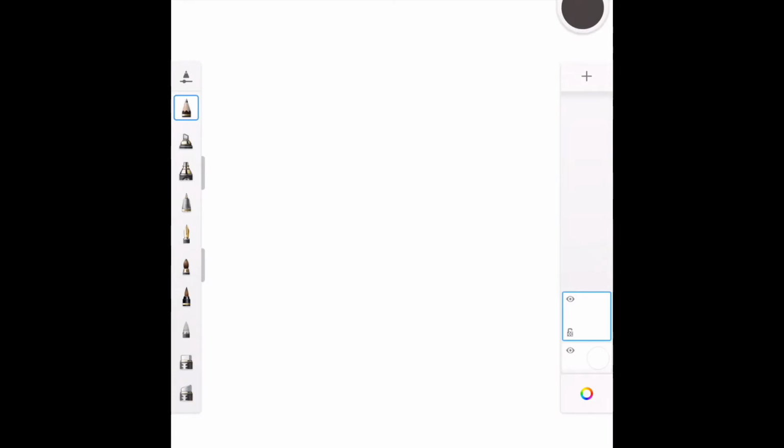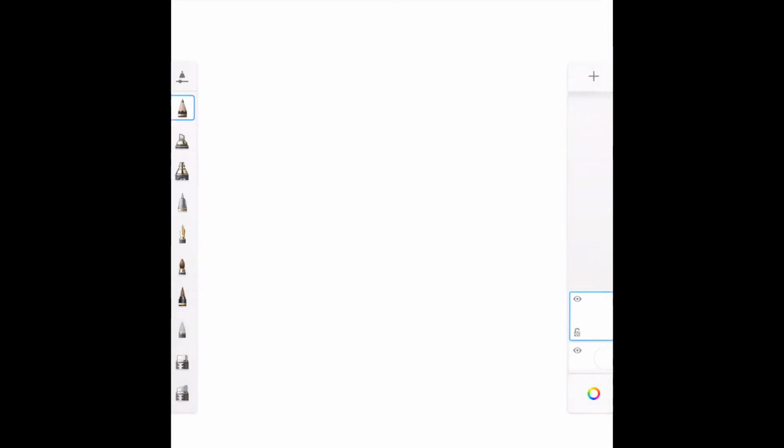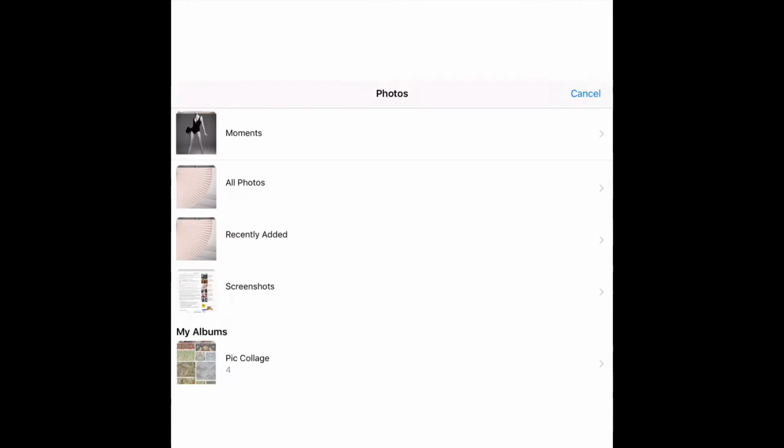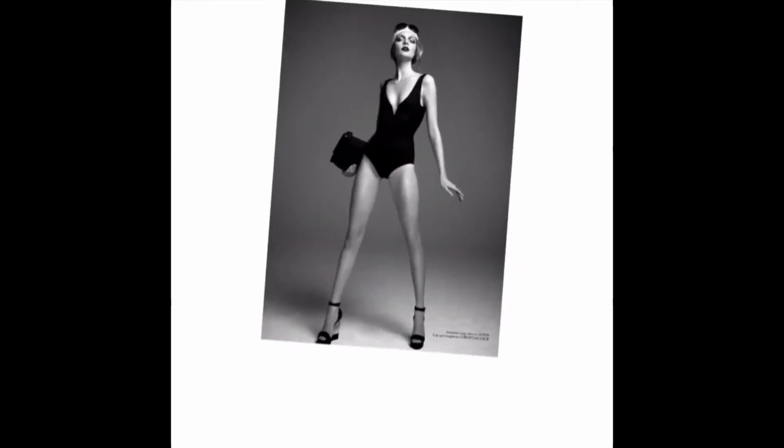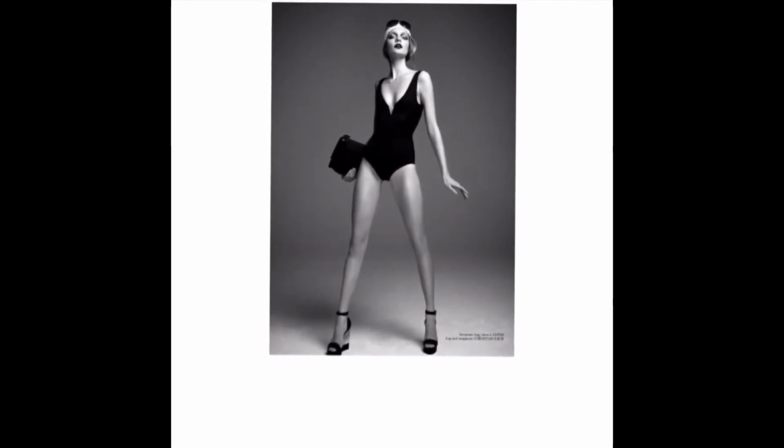So to start with, I'm going to show you how to use a template base, so maybe a drawing, a model, something like that. We're going to use the toolbar at the top of the page, and scroll along until we get the little scene of the mountains with the little plus symbol at the top of it. We are going to press that, and I have already saved some images that I want to use as my basis. So I just searched fashion model poses, and I'm going to use one where my model is wearing a leotard or a swimming costume or underwear,